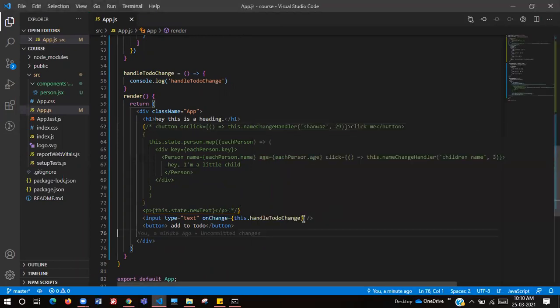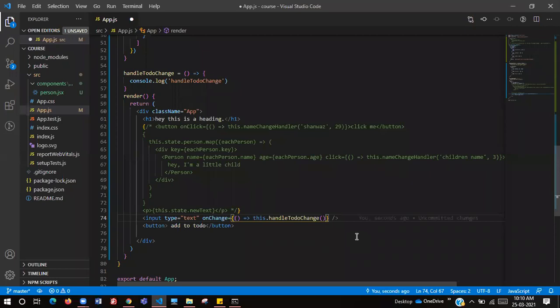Okay, onChange. Now how do we pass the event? In each and every input we type, we pass events. Based on that event, we take the input value, or what value is being changed, and how to get that value that is being typed into the input tag.